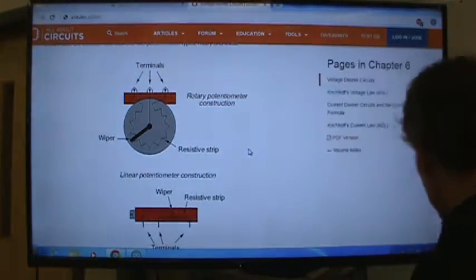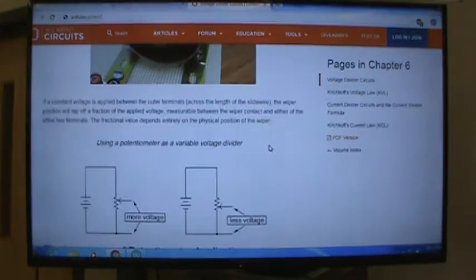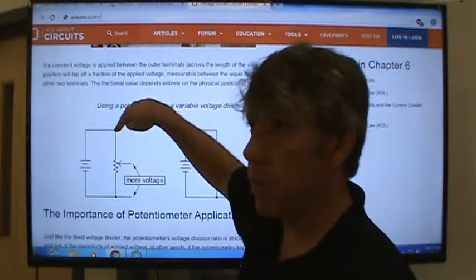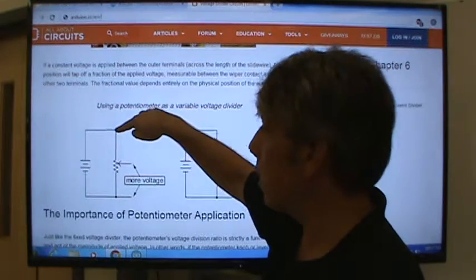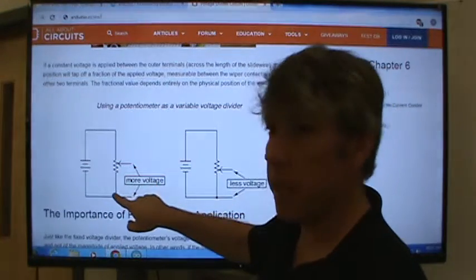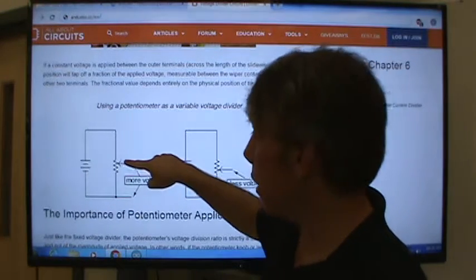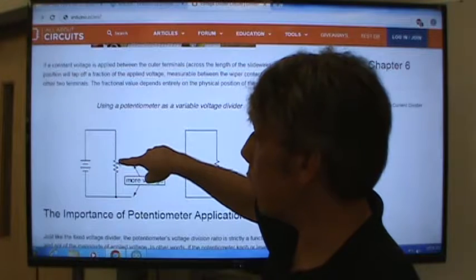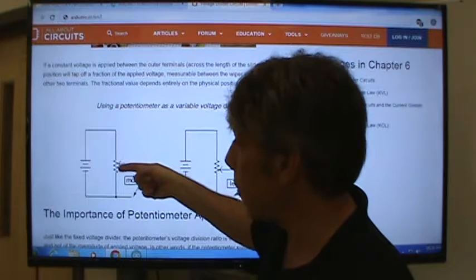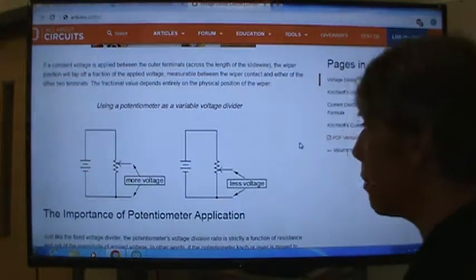Okay? So one way you can set this up to generate an analog voltage is to simply set it up as a voltage divider. So you could put on one leg of the potentiometer, one extreme end, say the extreme left, you could connect positive from a battery, and the other extreme end connect negative, and then just measure the voltage from ground up to the wiper. Okay? And as you move the wiper up closer to one terminal, well, then the voltage there against ground will actually increase. And if you move that wiper down closer to ground, then the voltage will move closer to ground. Okay? So it's a real simple idea,